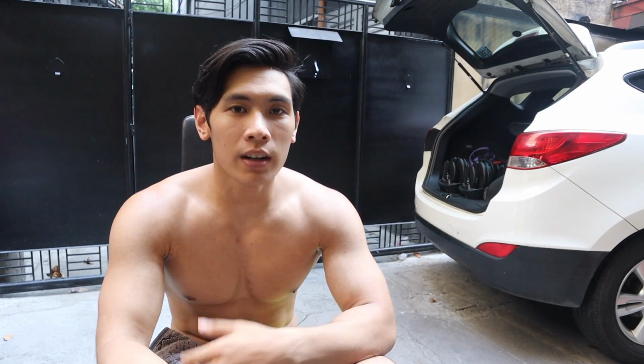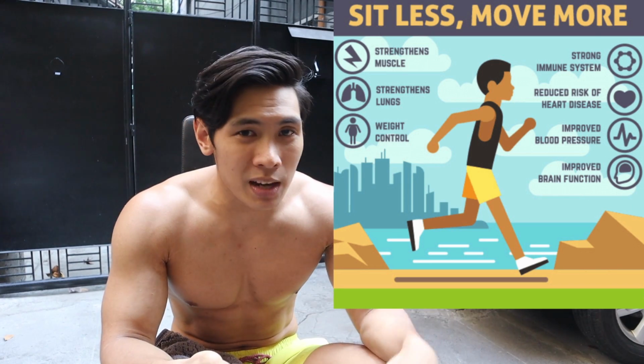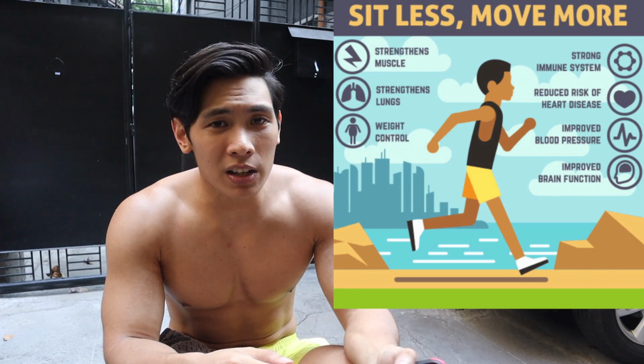Move more. Besides cardio, move more. When I say move more, your body's going to reach a point where you say, okay, I don't want to go below 10%. I don't want to go any leaner. What you can do is actually move more. You can walk around more, increase your steps. You don't need cardio, just be